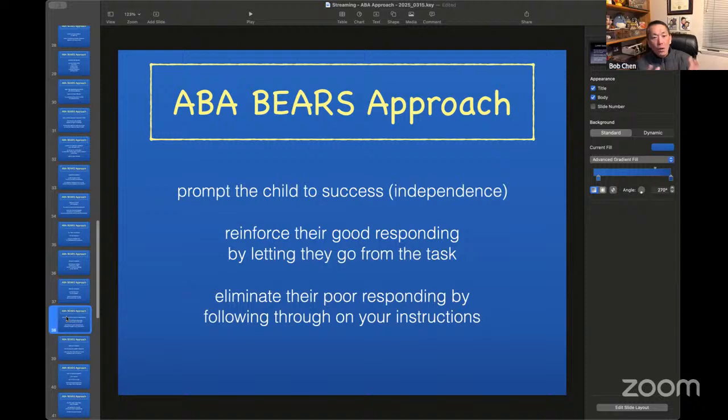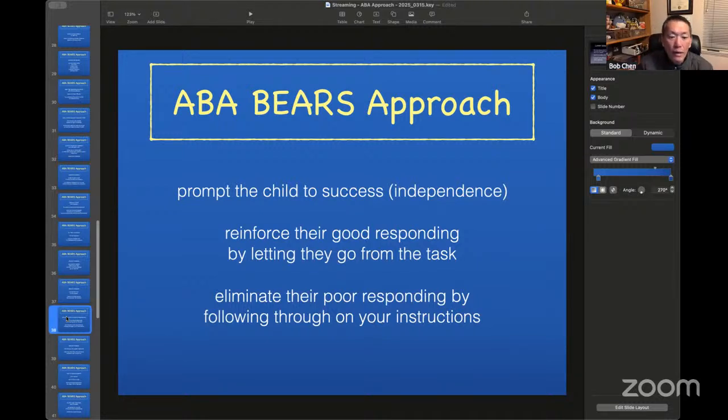All right. So when you know that the child is struggling with something or the child hasn't learned something, make sure to keep the child successful. Prompt as much as you need to prompt to get them successful until they're independent with that task. Then you're going to reinforce their good responding by letting them go from the task. So you're going to say, yeah, good job. Okay, go play. Now, that's only when they try their hardest, they do their best, when they are listening